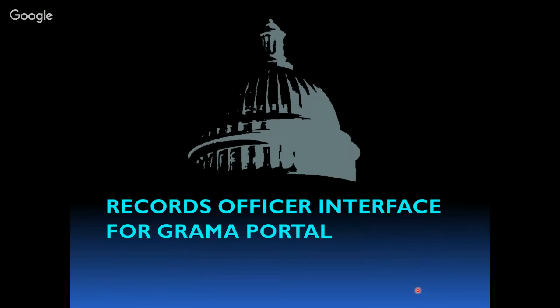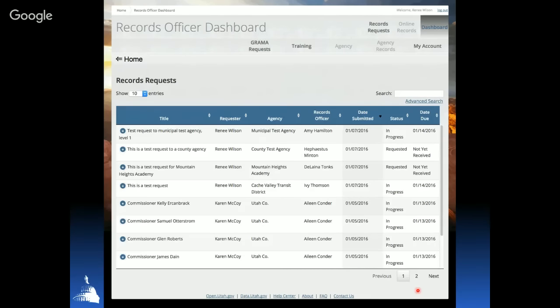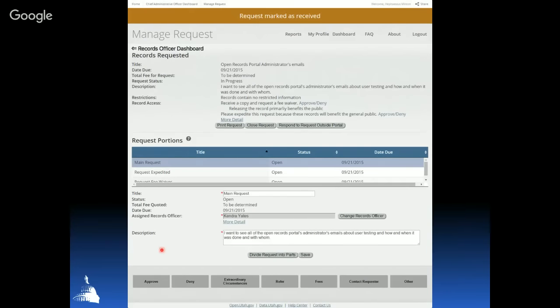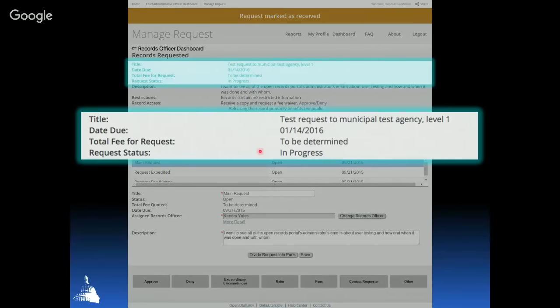What you will see, and where you will spend most of your time, is on the records officer dashboard. So when you go in to your dashboard, you will see all these requests that you have. You click on a request and it will take you to the message detail page. And then all the information is here. This page I'm going to go through in detail because you will spend a lot of time here, or need to know this information rather. So up at the top, we have the basic details, the title, the date that it's due, and remember the time starts when you click on it to open it.